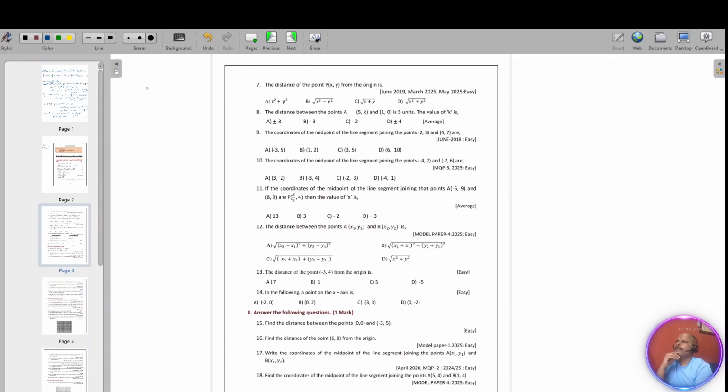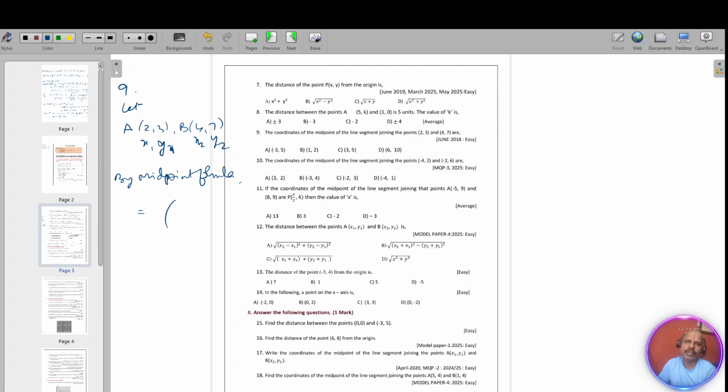The coordinates of the midpoint of this line segment. Let's say A is (2, 3) and B is (4, 7), and we'll say these are x1 y1 and x2 y2. By the midpoint formula, what you have to write is